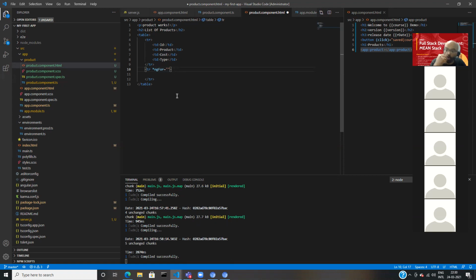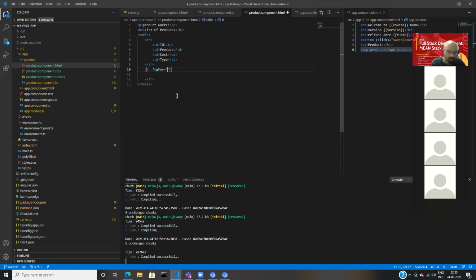Hover directive has a functionality of hover. Mouse out directive is having a functionality when you hover out, correct? So like this, there are n number of directives. But apart from that, if you think that I should create my own directive, yes, you can go ahead and create your own directive. We call it a custom directive. As of now, we'll see the inbuilt directive.